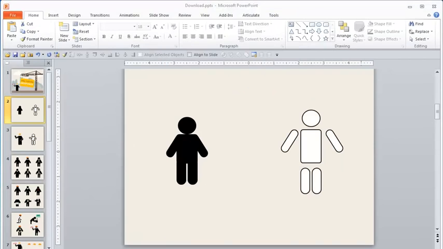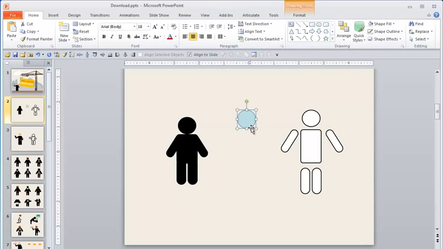Matter of fact, so simple that I would say anybody can create these. To show you how easy this is, I will recreate this. I'm just going to go and grab my circle tool here, put a circle there for the head. I'll go grab my rounded rectangle, size it about like that. Now with my arms and legs, I'm going to grab that same rounded rectangle, and I'm just going to take this little adjustment